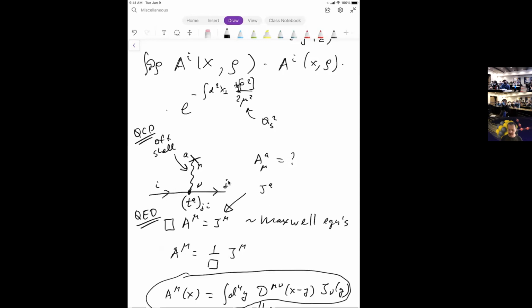also has a color index A, and in a way, the color index A is proportional to this ji element of the T^A color matrix. So the source current somehow knows about it. It's more like a matrix element, like a transition element in color space. It knows about the initial and final states, the colors of the quark in the initial and final state, before and after emitting the gluon field. I don't know if that helped or if I confused people.